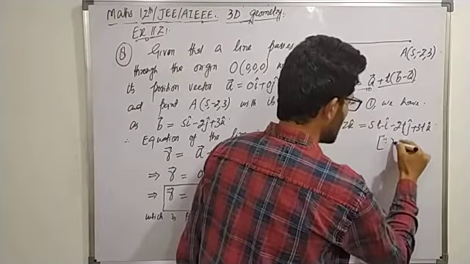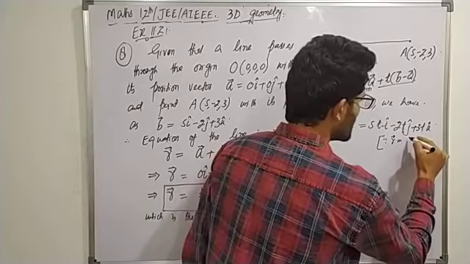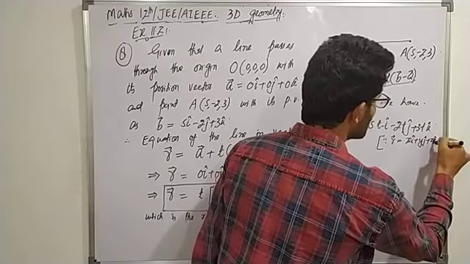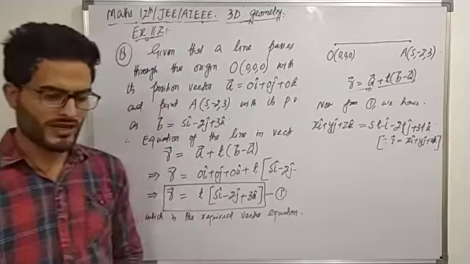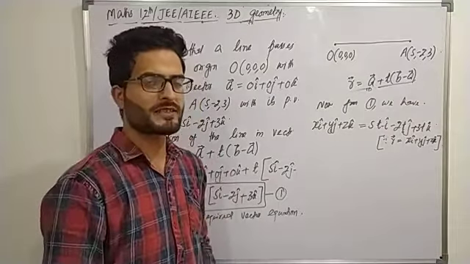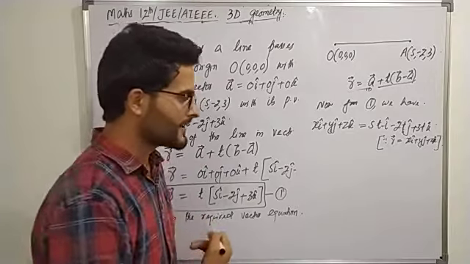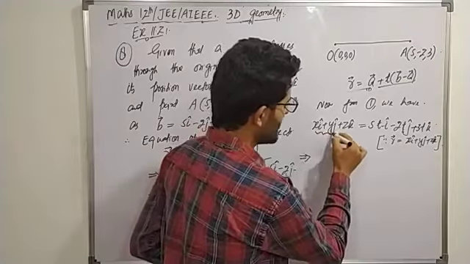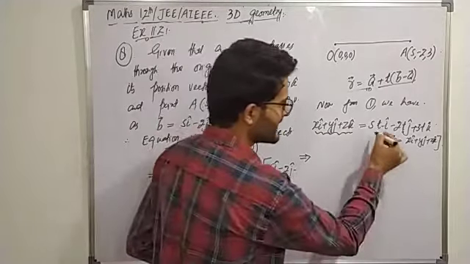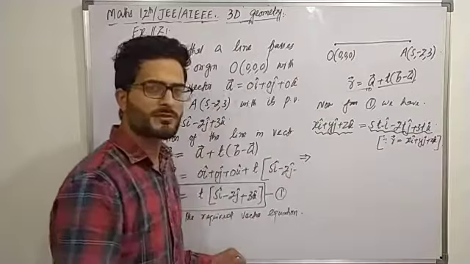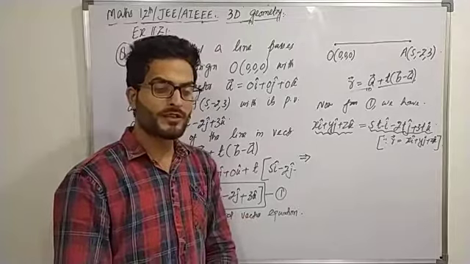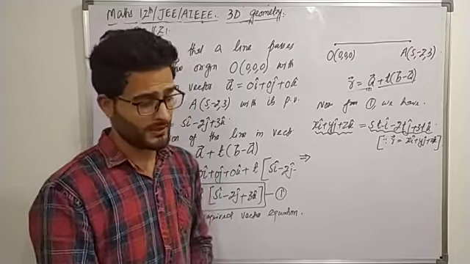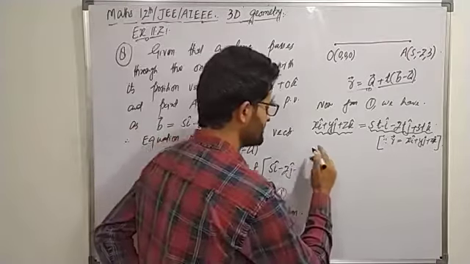because r vector is equal to this xi plus yj plus zk, position vector of an unknown point, and the unknown point has the coordinates x, y, z. So its position vector must be xi plus yj plus zk. This can be further written as, yes, in LHS we have a vector represented in terms of components, in RHS we again have a vector represented in terms of the components. When two vectors are represented in terms of their components and they are equal, their corresponding components must be equal. So equating the corresponding components,